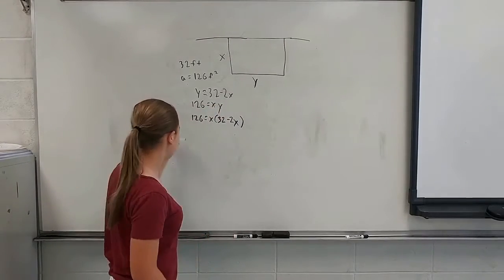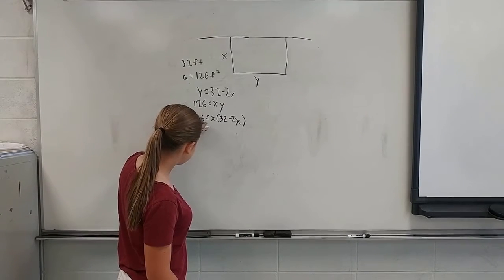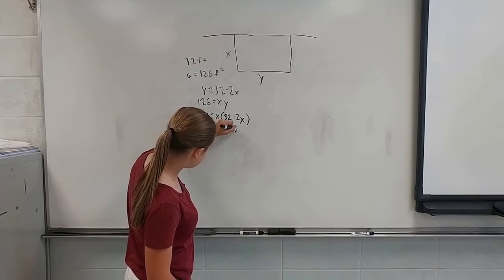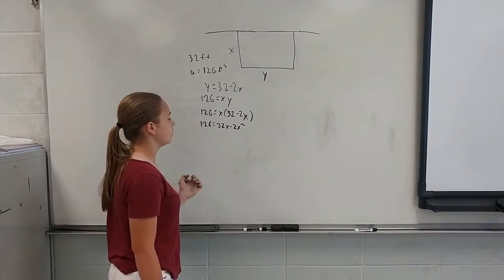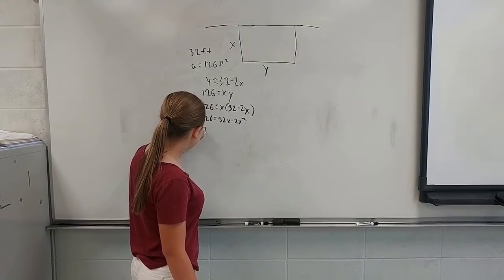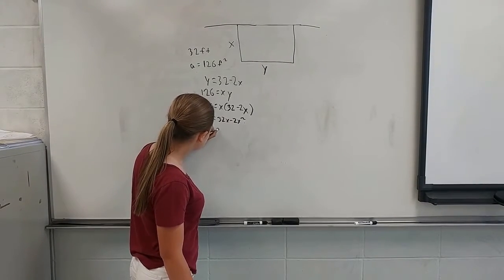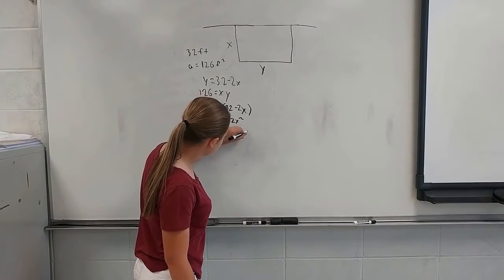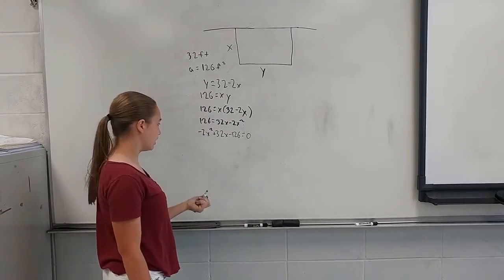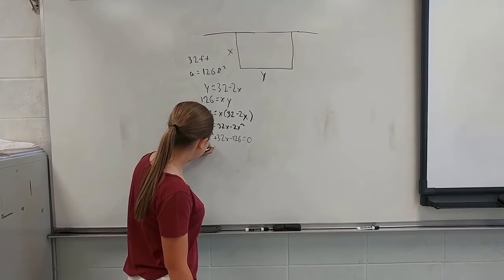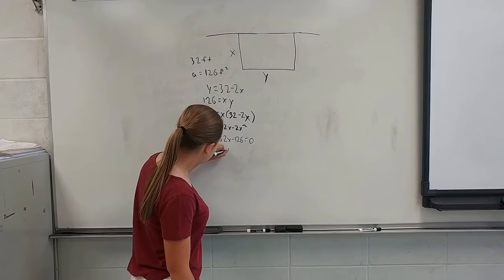And so when you distribute that, you get 126 equals 32x minus 2x squared. And then you want to move everything over to one side so you can factor and solve. And so you get negative 2x squared plus 32x minus 126 equals 0. And then you can factor out the negative 2 to get